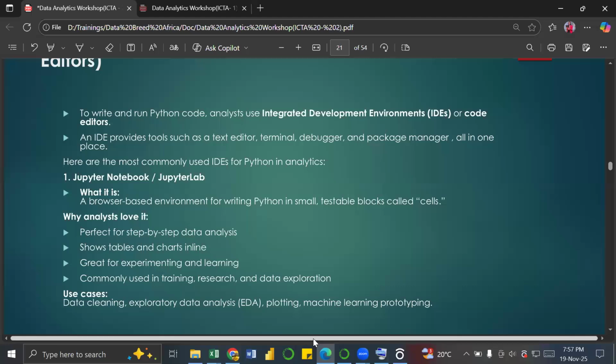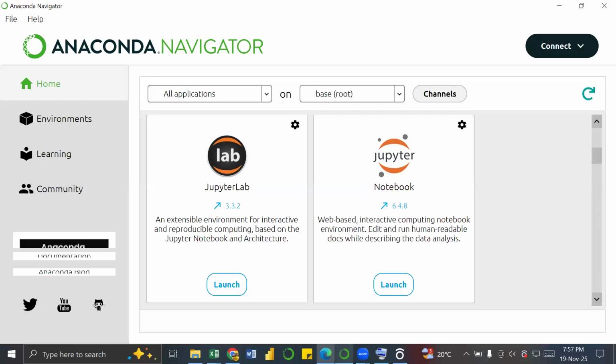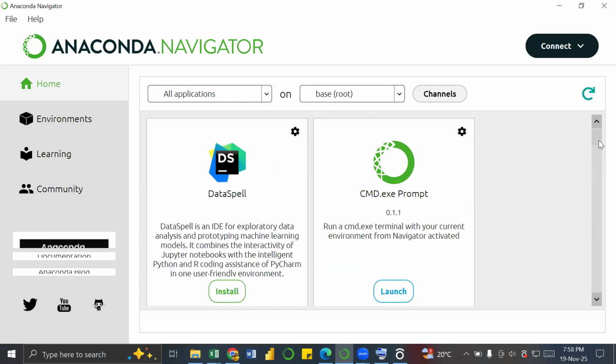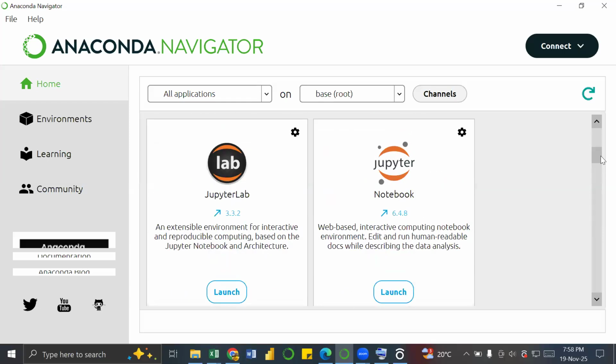And Jupyter Notebook is usually hosted by Anaconda. So I have my Anaconda Navigator here. This one is a tool, a graphical user interface that usually provides a platform where you can use different IDEs for different tasks, okay? It could be Python, it could also be R, yeah? So we have different IDEs here. So for our case here, our focus is on